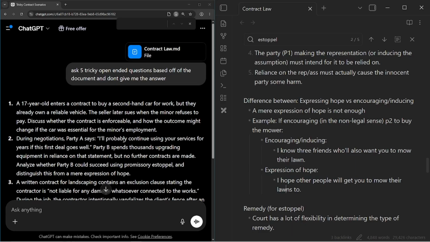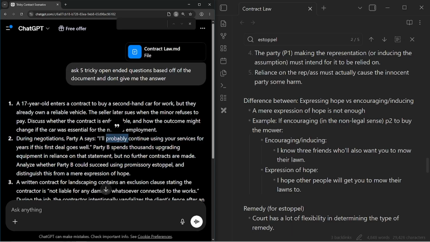Okay, so it's probably here, the word probably is tricky because, if it wasn't included, if party A said, I'll continue using your services for years if this first deal goes well, then it's clear cut, not an expression of hope. I don't know how important the word probably is to turn that statement. It does change it a little bit, but